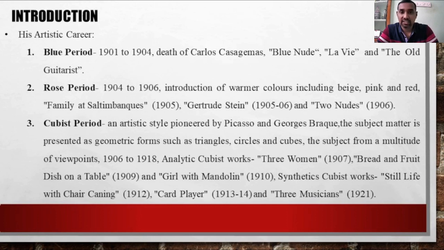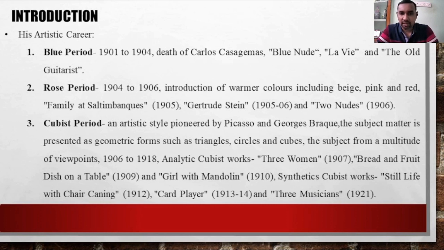Now, since I talked about analytical and synthetic Cubism, let me also elaborate on these two terms. These are two distinct phases through which the movement called Cubism developed. The former, analytic Cubism, ran from 1908 to 1912, and the artworks that were part of it were made up of an interweaving of planes and lines in muted tones of blacks, greys, and ochres. So, the colors that dominate during that period of Cubism are blacks, greys, and ochres, and the shapes that the artists used were planes and lines.